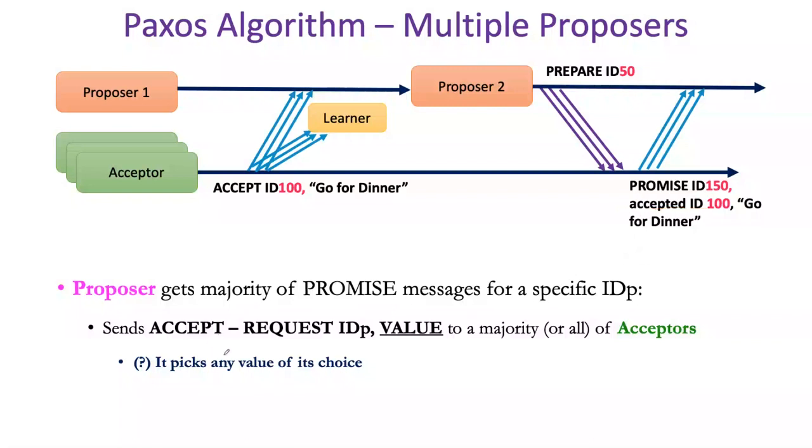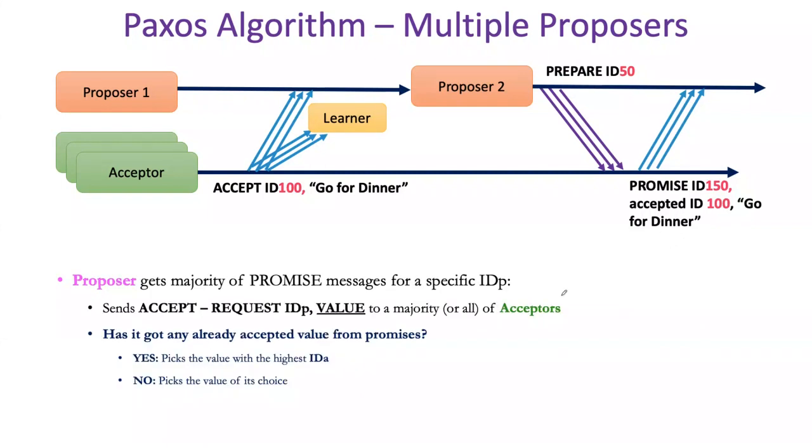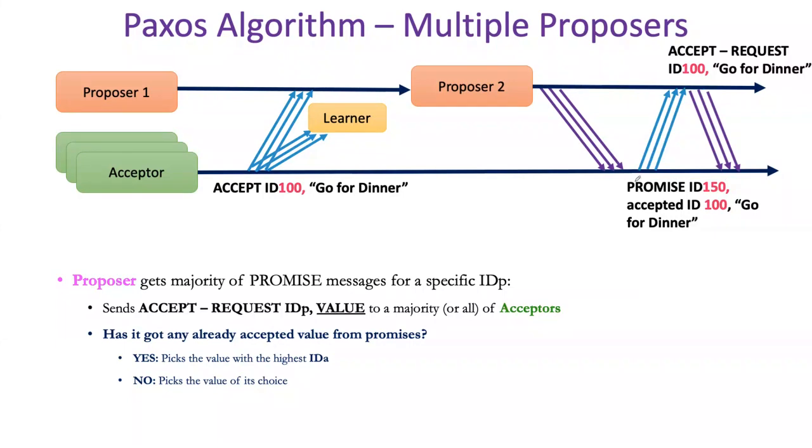So it sends the accept request with the accepted ID of 100, and the value is go for the dinner, to the majority of your acceptors. Then the proposer picks any of its choice, whether to join or not. Has it got any already accepted value from these promises? That means if yes, pick the value with the highest ID. If no, pick the value of its choice, whether it wants to go with the 100 or go with the 150. So then based on that,